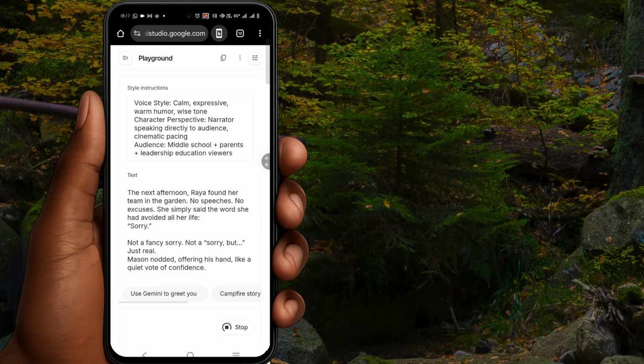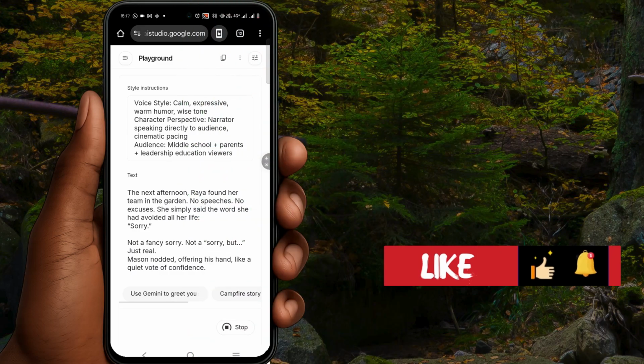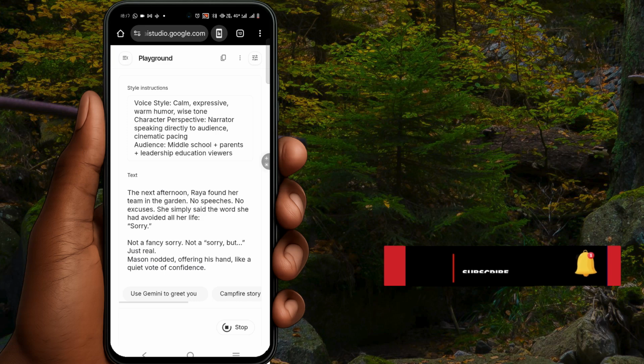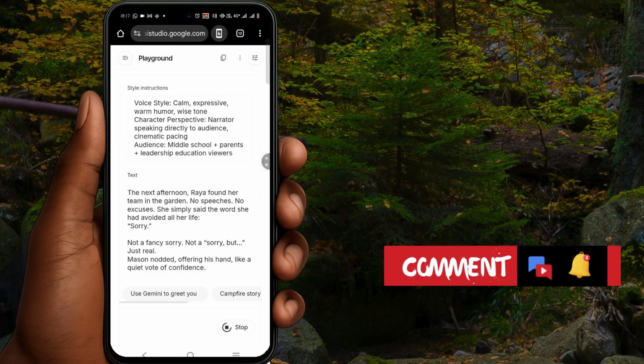Once you're done with this, the next thing you want to do is take it into your video editor, merge your videos together with your voiceover, and you have a very nice story. So I'm going to show you precisely what the output is going to look like. For me, in this video, I'll be making use of VN Editor and I'll tell you how I'm going to import every single thing and add the voiceover as well.